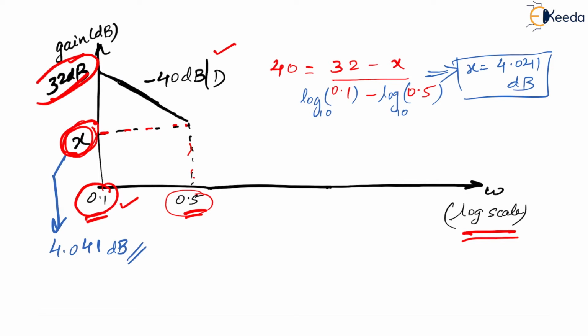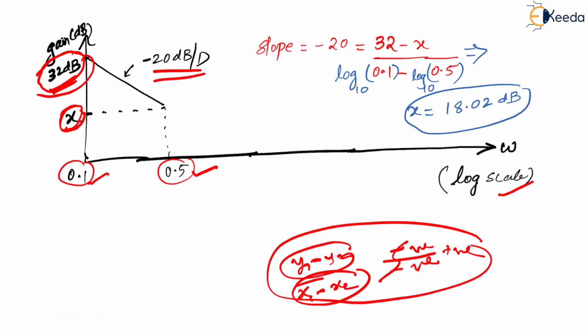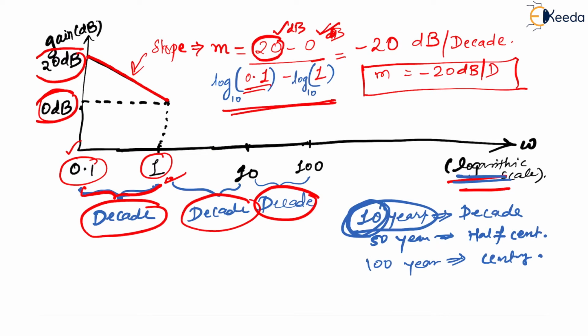Yes. Now if you see, everything that I have solved is all with respect to decade. Everywhere the slope was dB per decade, dB per decade, dB per decade, right? Now I want to show you something called octave. What is that particular concept? Let us try to understand that. Okay. So in decade, what we did was multiply the next axis point by 10, right? But in octave, we multiply the immediate next axis point by the previous one multiplied by 2, or we can say we do it twice. Here we do it 10 times.